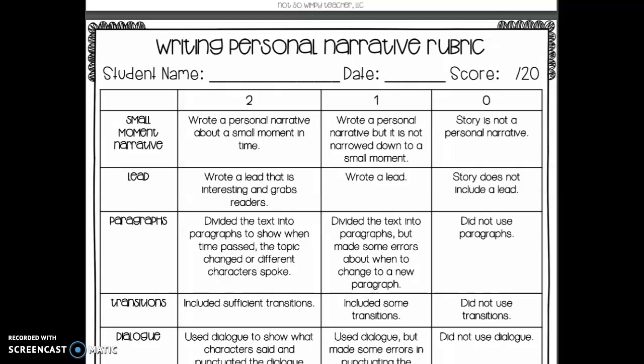Today you're going to work on editing your personal narrative. So we're going to review the rubric so that you can make sure as you're publishing that you've included all of the important things that we need to have in our personal narratives. So the first thing you'll want to make sure is that your personal narrative is about a small moment in